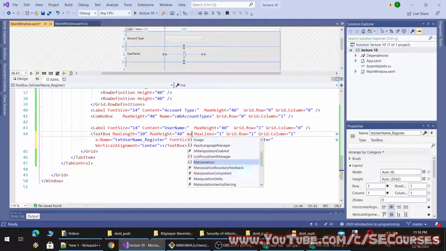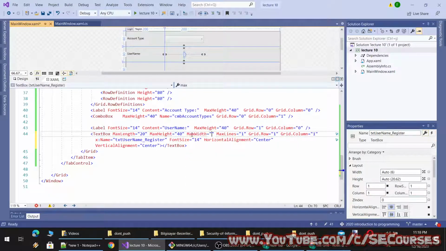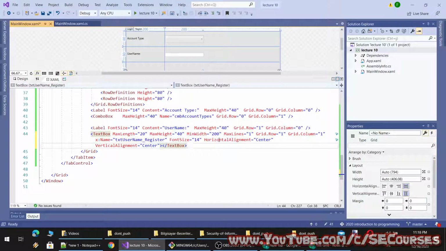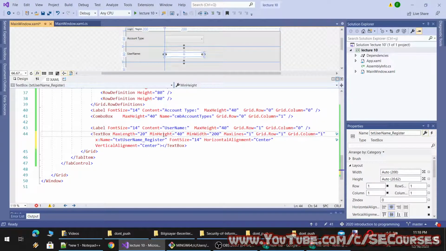And the max width will be, I don't know, or min width. Let's make this equal to, if we want to make it full, we can make it 200. And let's add min height.